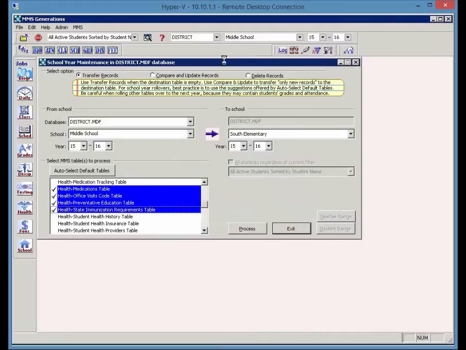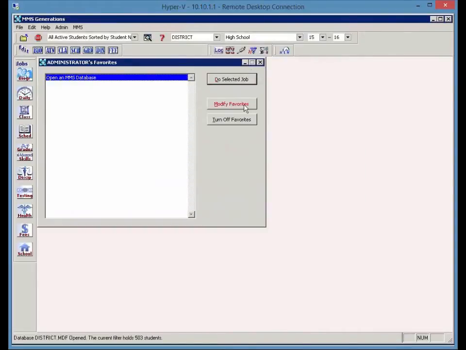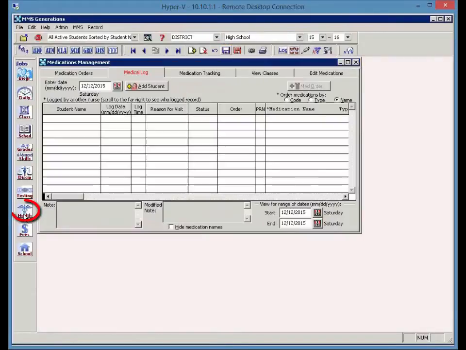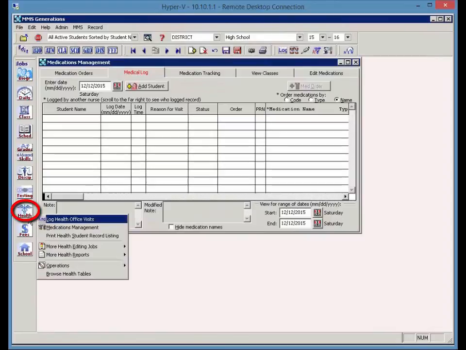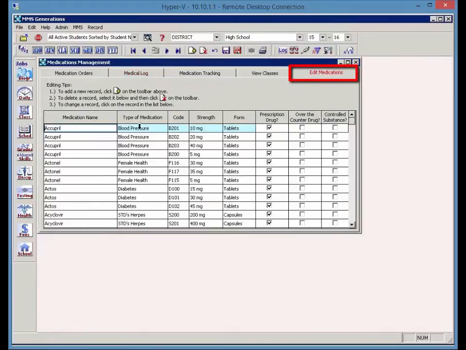So I'm going to go back to the high school, and anytime you come out of school year maintenance, you're always going to go back to your default school. And I'm going to show you where some of those other tables are set up. So one of the tables we worked with was the medications table. And I'm going to go in through these little pill bottles that are up at the top, which is my medications management. I could also get there by going under health on the left and go to the medication management that's there. Now in here on the right side is an edit medications,